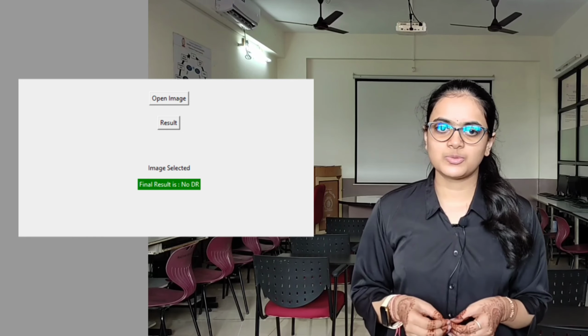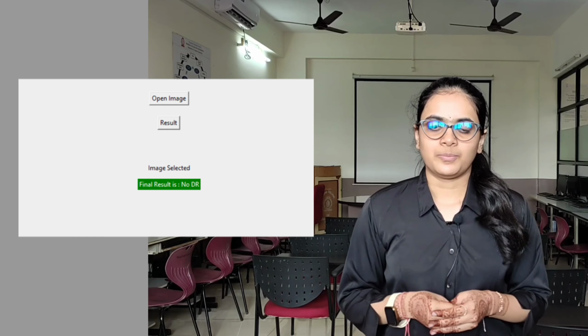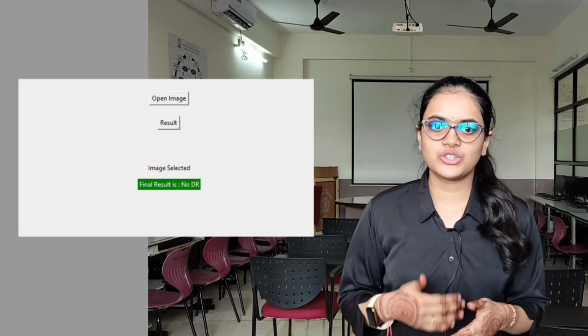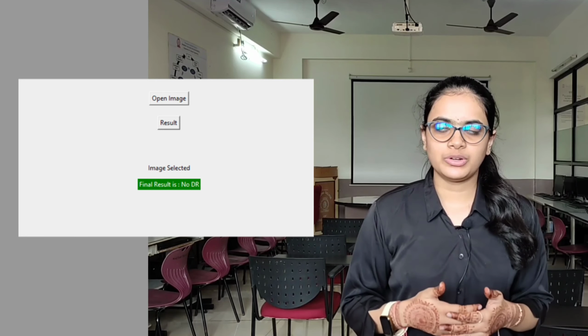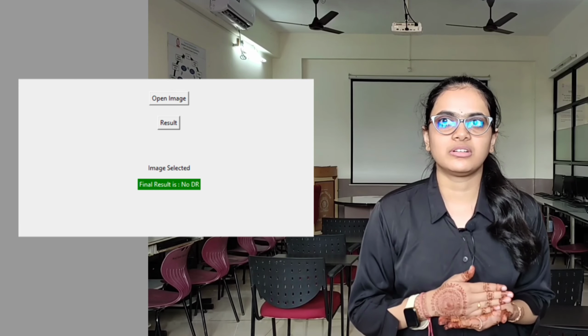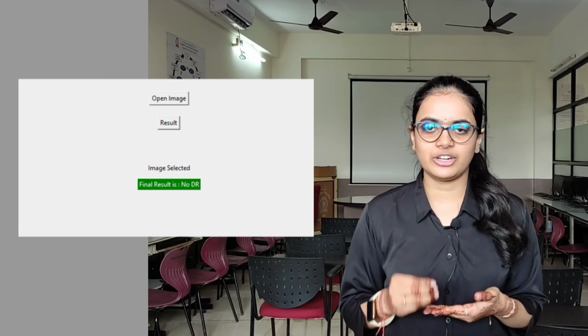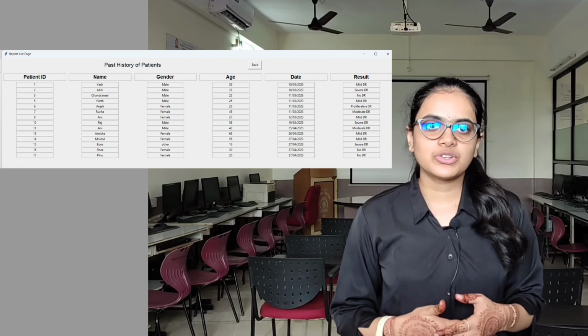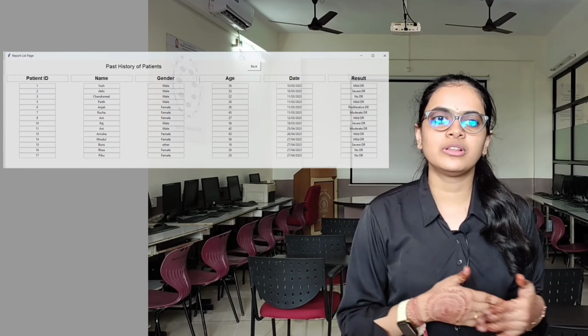After uploading the image, we will get the result, which will be according to the algorithm created by us, and will show the output based on the severity of diabetic retinopathy detection. The output will be recorded in the past history page, where the user will have access to all the past records.